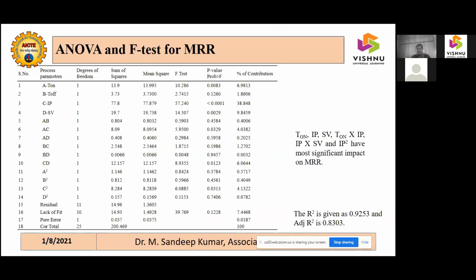The center points are taken and the experiments conducted, and these are the ANOVA results for material removal rate. What we can say is the maximum contribution on the material removal rate was from the C factor. What is the C factor? Current input. When the current input is more, the material removal rate is more. And they conducted the experiments with R square and adjusted R square, where Salop sir yesterday gave a wonderful